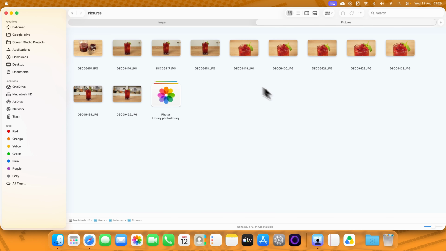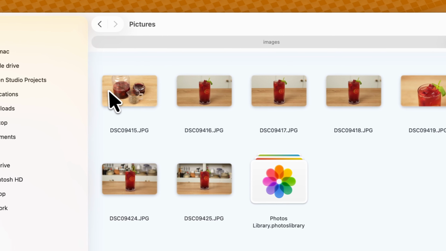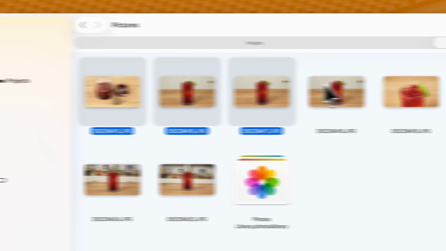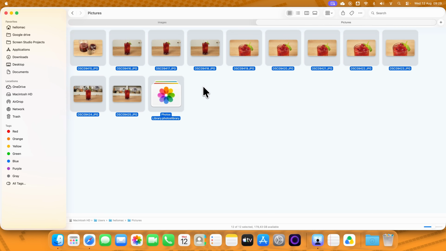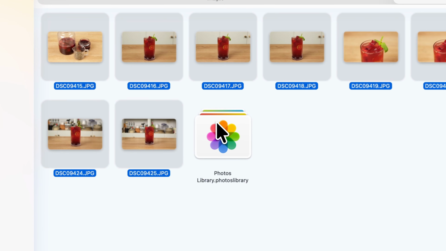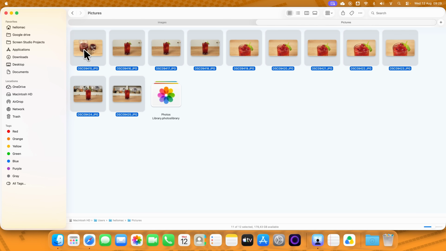Here's a quick tip. Let's say you want to select all the photos in this folder except for the Photo Library folder. Instead of clicking every single photo one by one, which takes forever, you can just press Command-A to select all, then hold down the Command key and click on the Photo Library folder to deselect it. This way, you can quickly select all your photos while leaving that one